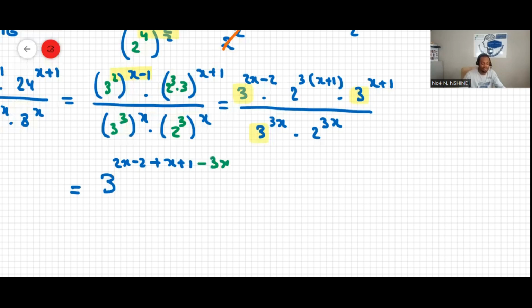Then I'm also going to write the base 2, only 2, and the exponents are 3x plus 1, which is at the numerator, minus 3x. Then this makes what? 3 to the, okay, 2x plus x minus 3x is 0. And then negative 2 plus 1 makes a negative 1. So here the exponent is a negative 1, multiplied by,